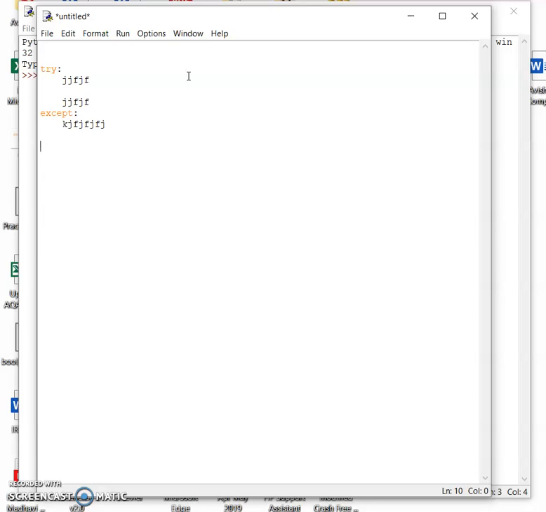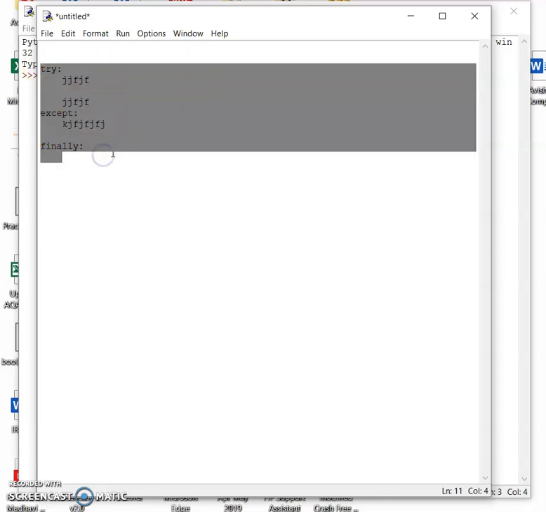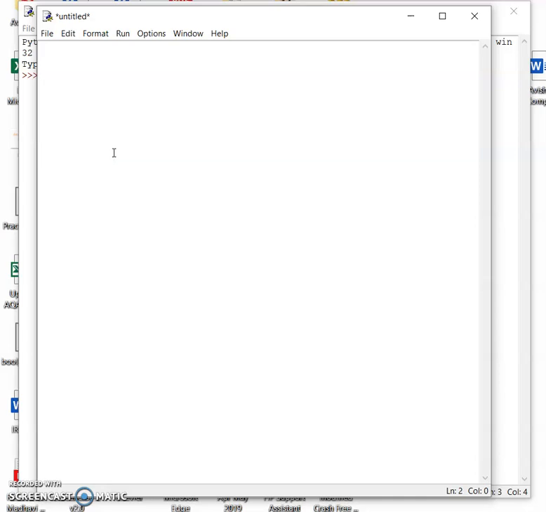And finally, generally finally is written in such a way that finally would be executed anyways. Whether you write down the program in such a way that it is correct, still finally would be executed. The statement inside the finally would be executed. Otherwise also, the statement from the finally is executed. So today we will try to write down the program. So we'll try to write down the program in this manner to write a Python program to append the elements